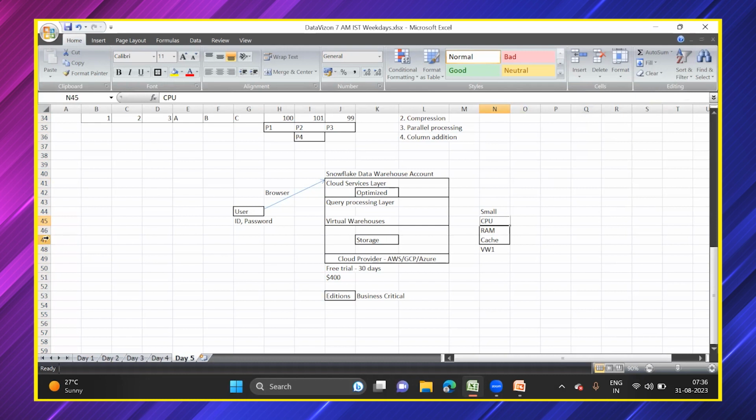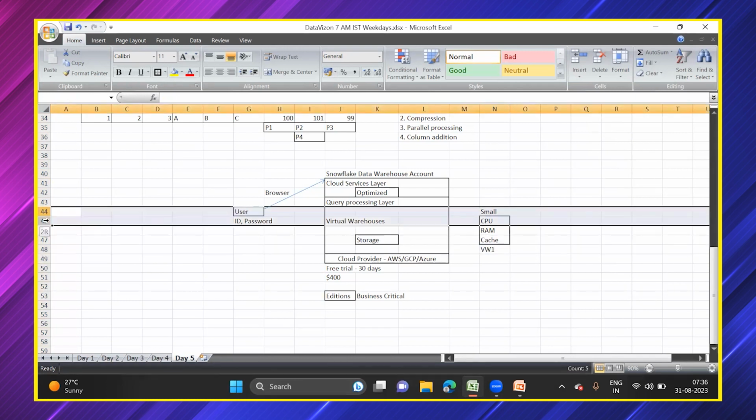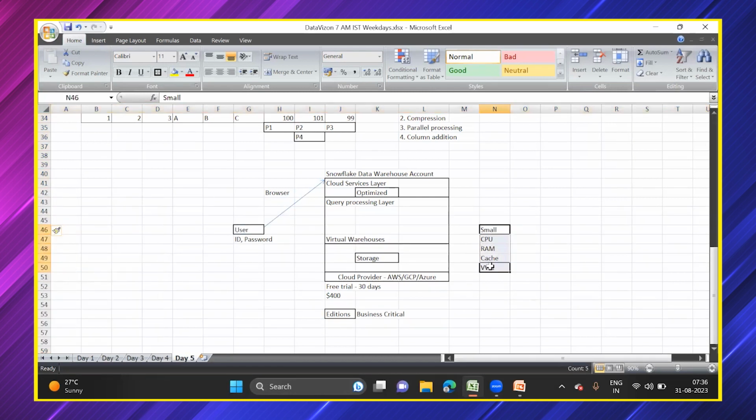This box is also inside of it. One second, to avoid confusion, it is sitting in the same box, and I will mention it over here so that you do not get confused. Over here we have created a virtual warehouse, and this is a part of your Snowflake Data Warehouse account. Then this optimized query will be sent to the query processing layer, and the query processing layer will